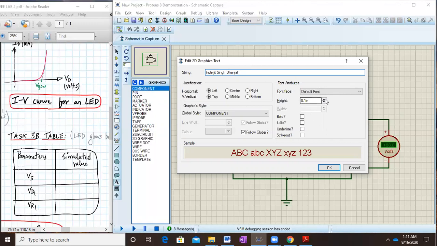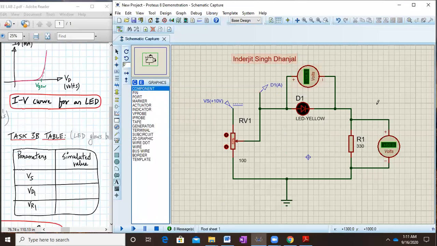It's mandatory, and keep this as around 0.15 inches. So this way you add your roll number, your name, today's date, and whenever your lab is there, and also the lab name, the lab number, EEE lab number 2, battery level indicator circuit.